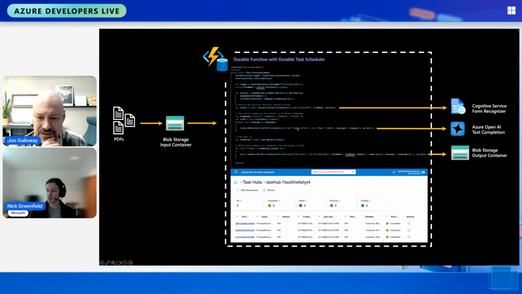I don't know if my screen's still sharing, but yeah, it is. It's the string name of the function. These are actually just other activity functions. So below this I'm looking at this function called process document, right? I could use nameof instead of passing magic strings. These are just other functions that live elsewhere in my code, and that's where the business logic for that specific function would lie. So in this case, the analyze PDF